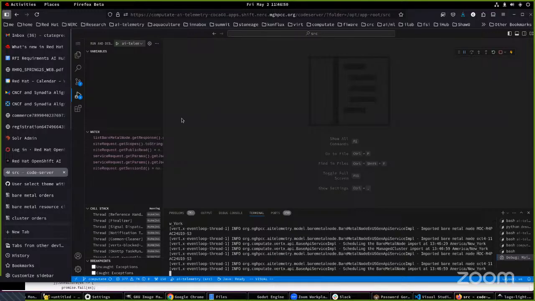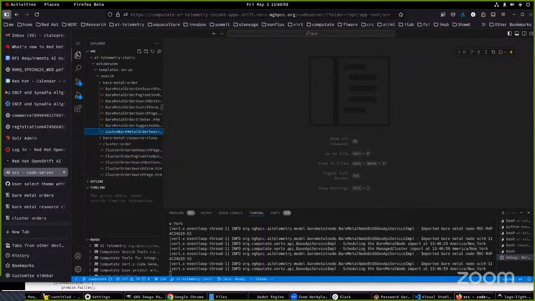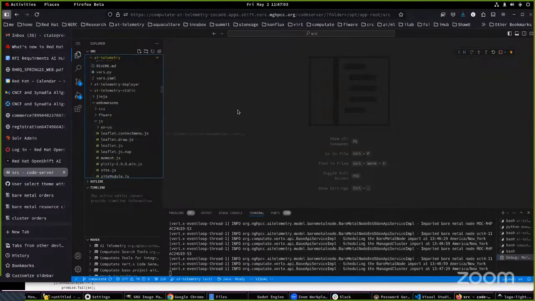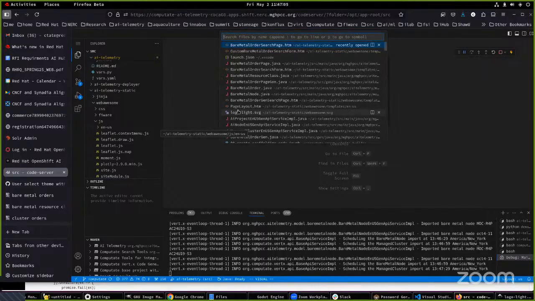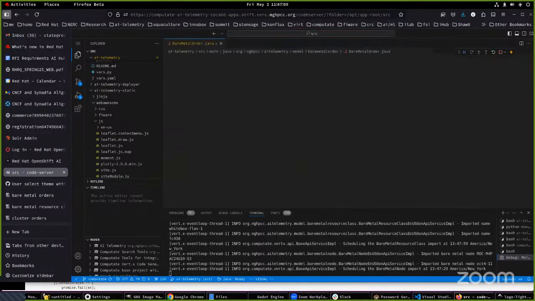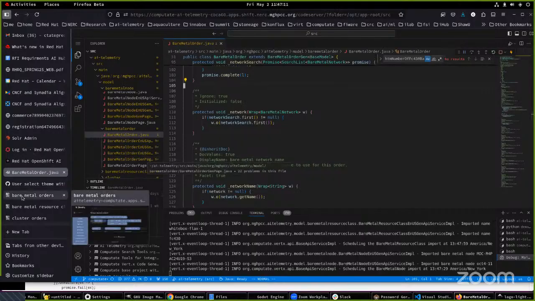And it's built inside of this OpenShift AI workbench in the browser. So all the code is here in VS Code in my tab. And we're going to customize something called BareMetalOrder.java. So the bare metal order page,